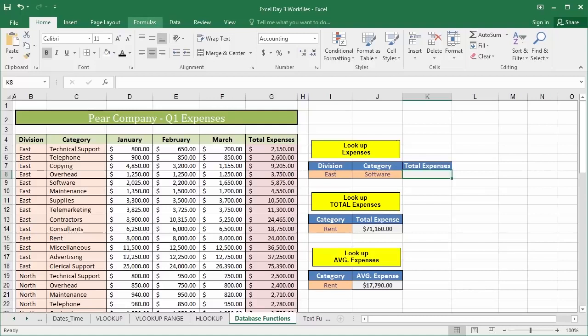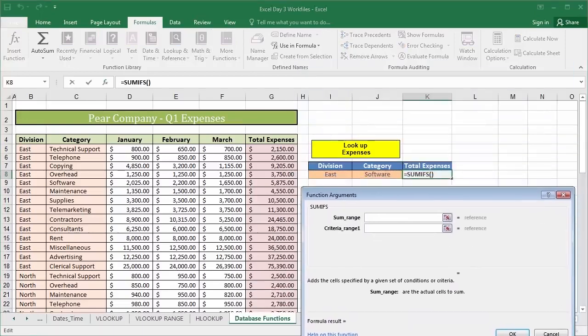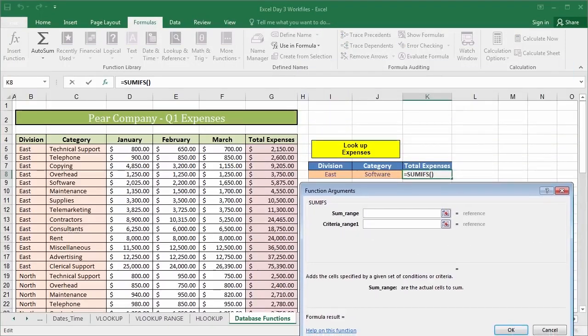Yes, we're talking about SUMIFs. So using either the insert functions argument box or the math and trig dropdown, we're going to find SUMIFs with an S at the end, indicating multiple conditions. And here we are, back again. This time, instead of starting with the range, it's starting with the sum range, which is the number of fields we want added together. In this case here, it's going to be total expenses once again. So I'm going to click on my Use in Formula dropdown, select total expenses, the named range that I created earlier,